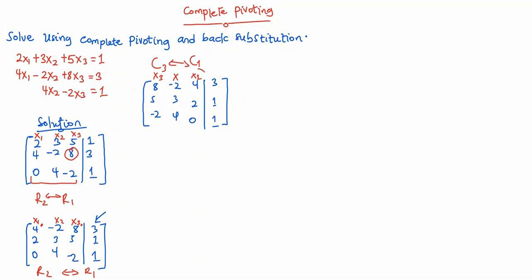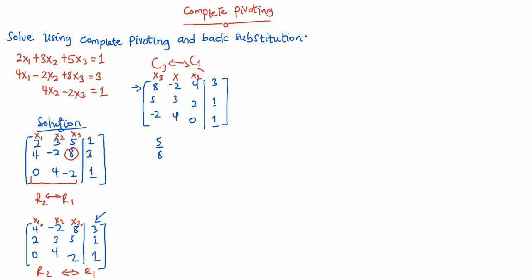Okay, so how are you going to do this? The first thing we have to do is to make this 5 here 0. Okay, but how do you make it 0? To make the 5 zero, you have to subtract a multiple of the 8 from the 5 to make it 0. Let's look at how you are going to do this. So what I'll do is divide the 5 by this 8, and then multiply it through this row 1.